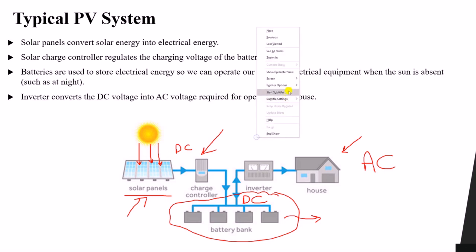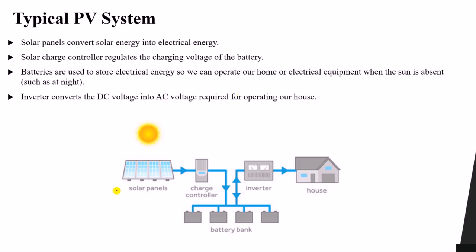As you can see in this figure, this represents a complete PV system, or to be more specific, an off-grid PV system. How many components do we have? We have the solar panels, the charge controllers, the batteries, and the inverter: 1, 2, 3, and 4. We will start discussing the solar panels in this lesson, and then in the next lessons we will discuss the rest of these components.